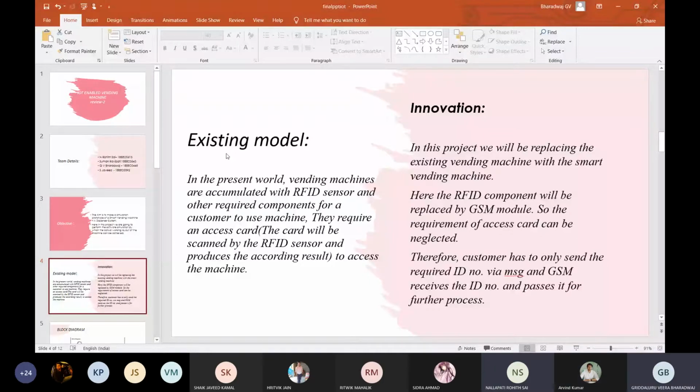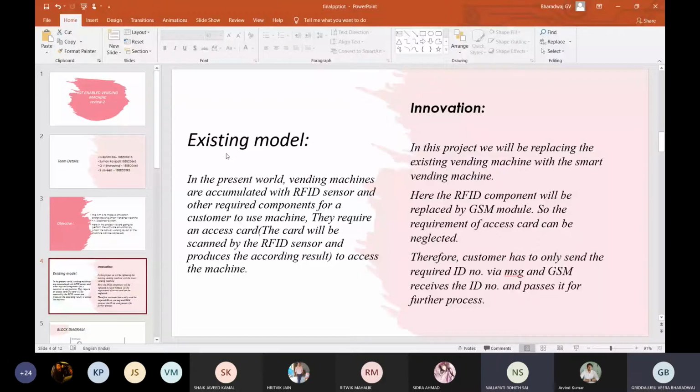In this innovation, we replaced the existing vending machine with a smart vending machine, sir. Here, we replaced the RFID scanner with a GSM module, so that we will provide one ID number to the customer. Then the customer can send the ID number to the GSM module with the help of a message or voice. So it passes through the further process and he can get whatever he wants from the vending machine, sir.